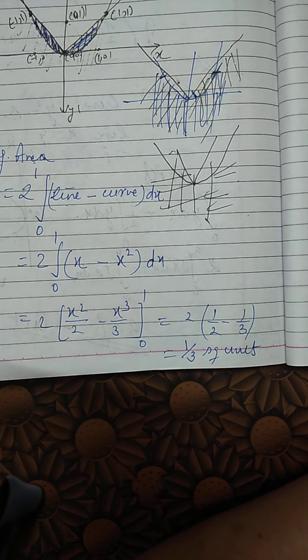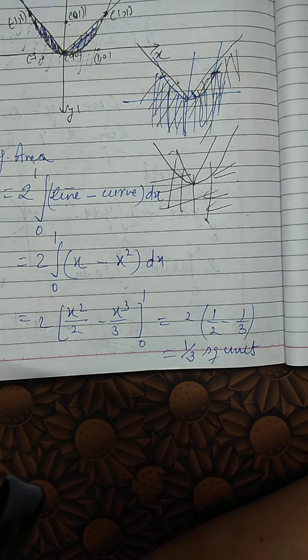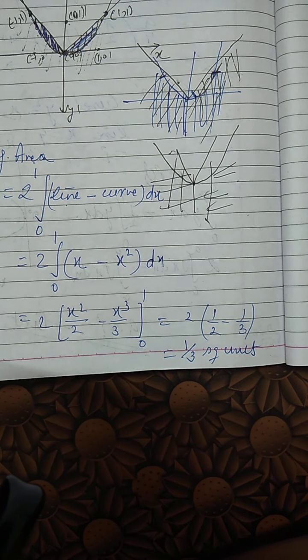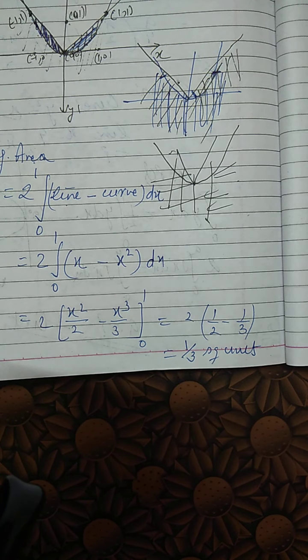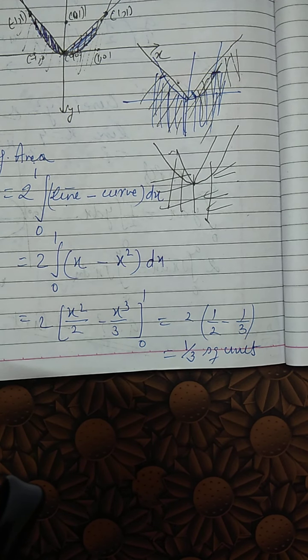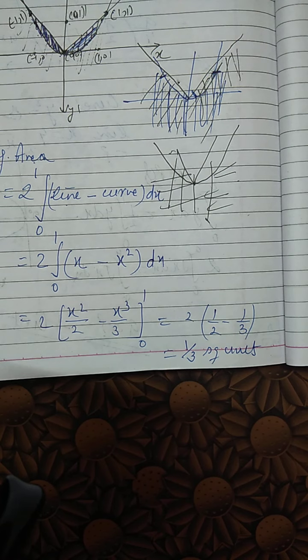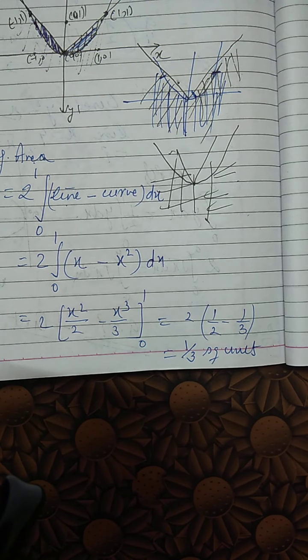And like that you people can do the remaining sums. Sum number 10 is, again the curve is given, x square equals 4y, again an upward parabola. The line is given, you can draw the line as we know how to draw the line, same way. Point of intersection, you will get the limits from there, okay? Sum number 11 is also a direct sum. The curve is given, a right handed parabola, and the line is given. You have to find the area bounded by the curve and the line.